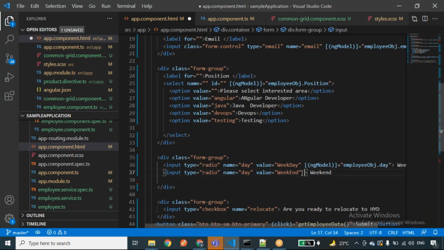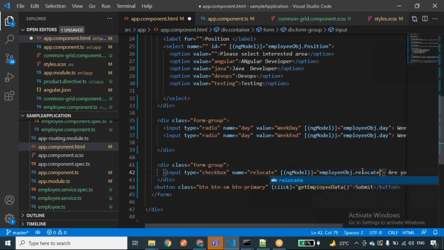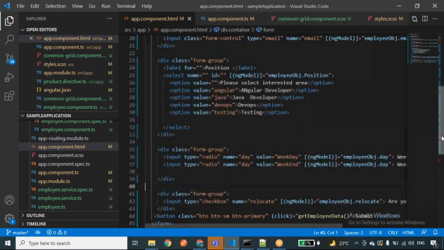I'll give the same for this second dropdown also. Finally, I'll use employeeObj.relocate. So we have added the ngModel directive to all the form fields.